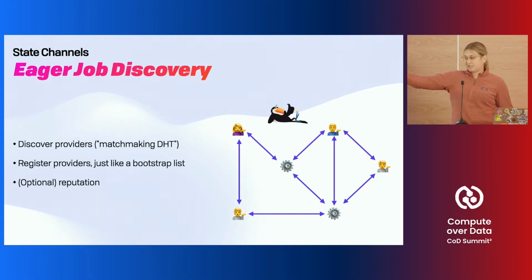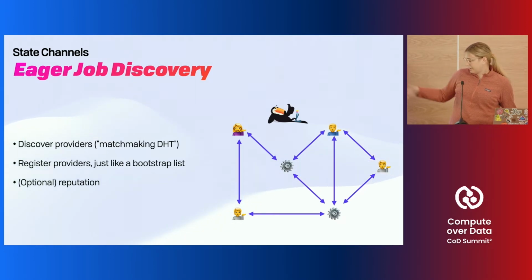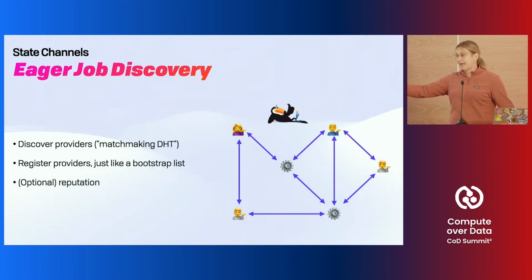You essentially do a matchmaking DHT. I would like to run this job. Here's how much I'm willing to pay for it on this much gas, or this many steps of WASM execution. And then if I'm in the top left and I want to talk to the system on the bottom right, I can go through one of my collaborators on the payment channel network. And if there are services that need to get run between these, they can delegate to each other both a subjob and payment in that network.